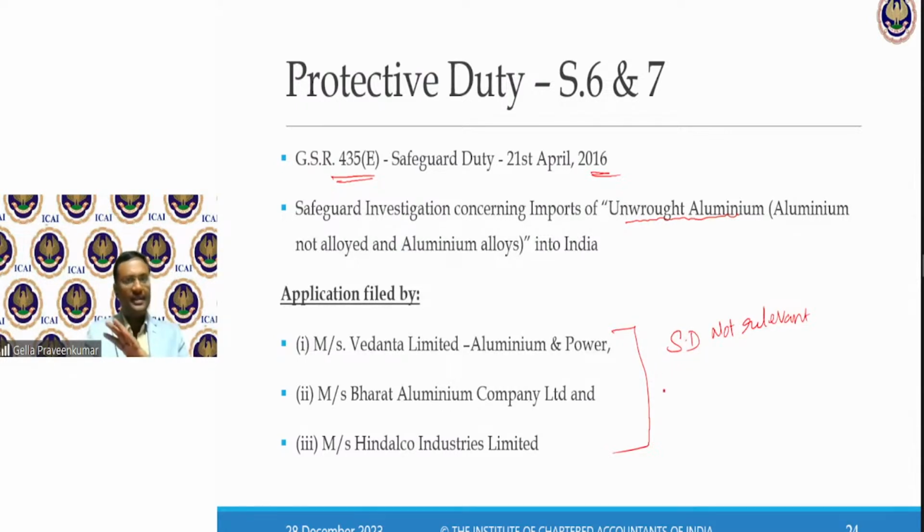This is just for reference purposes, there is nothing to do with your examination. A person who is affected by this safeguard duty may file an application to the tariff commission to examine. You made a reference to so-and-so commodity and proposed so much safeguard duty. However, if you see the local domestic manufacturing activity, this is the rate prevalent, and as per this, you can take back your recommendation for safeguard duty.